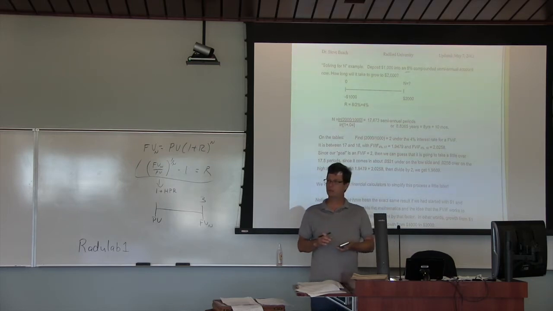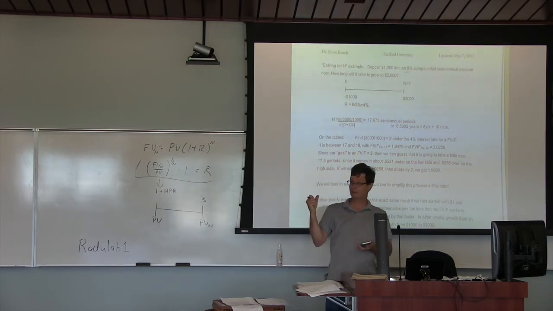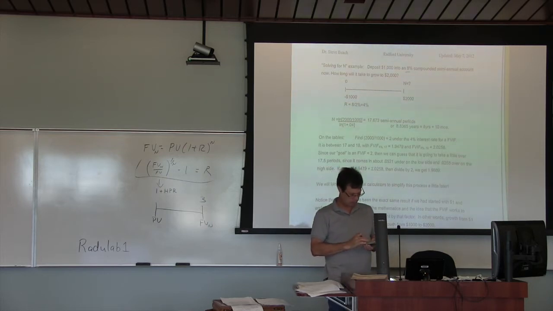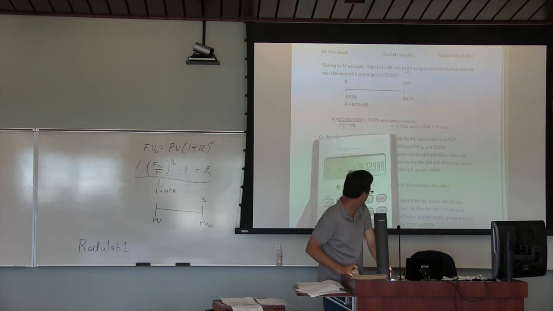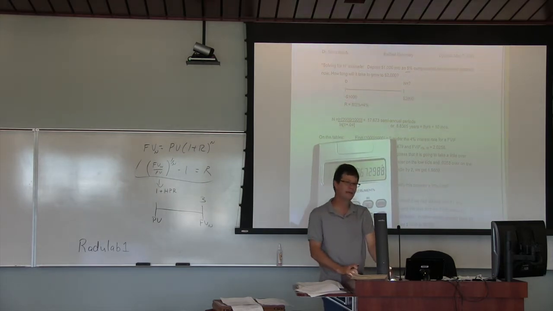The semi-annual rate is 8 divided by 2, so 4% per period, 0 payments in the middle, and we ask it to compute n, the number of periods here. So when that comes back at 17.673,